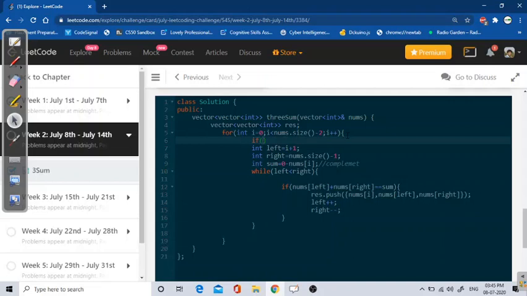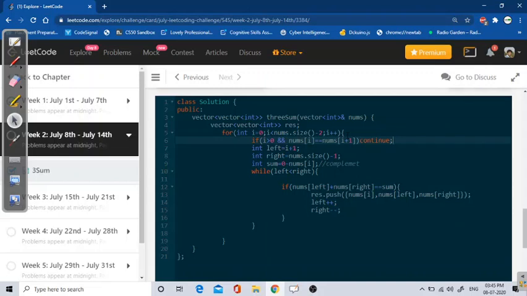So if my I is greater than 0 and nums of I is equal to nums of I plus 1, in this condition I will just continue.